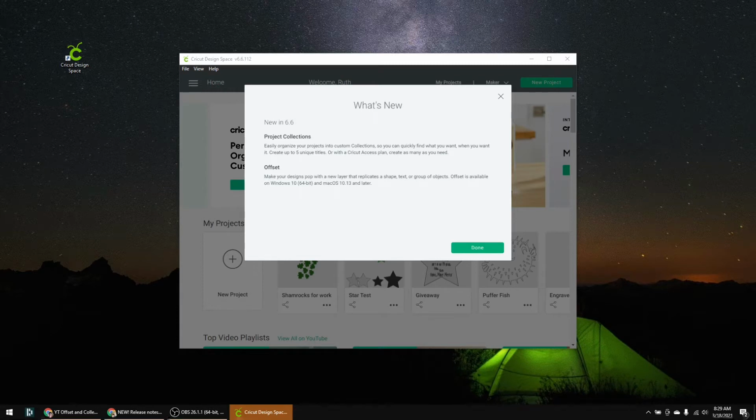Project collections easily organize your projects into custom collections so you can quickly find what you want when you want it. Create up to 5 unique titles, or with a Cricut Access plan, create as many as you need. And then offset is make your designs pop with a new layer that replicates a shape, text, or group of objects. Offset is available on Windows 10, 64-bit, and macOS